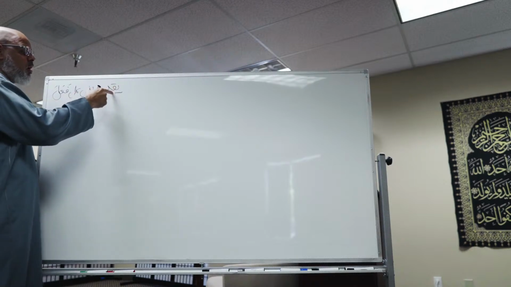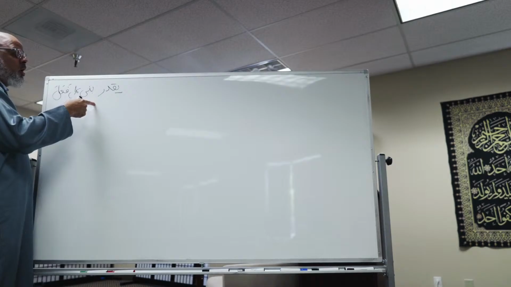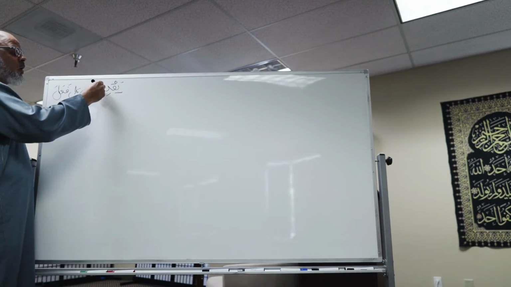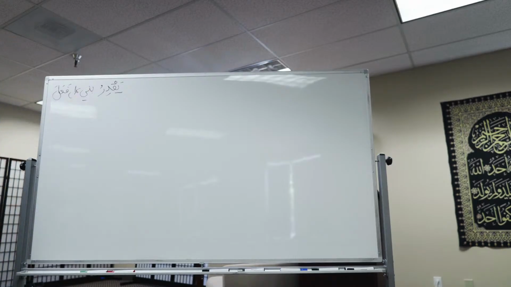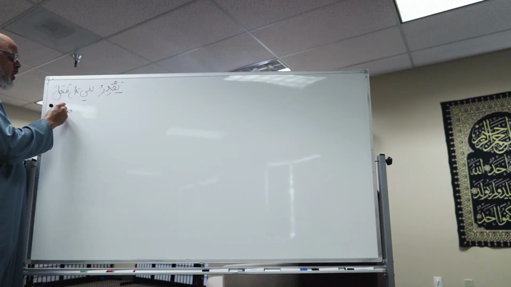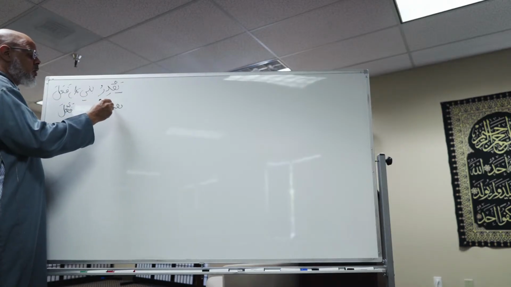So you see qaf, dal, ra in the present tense, the mudari'. They will always assume it must be yaqdiru. They will never think that perhaps it is built upon fa'ala being maybe